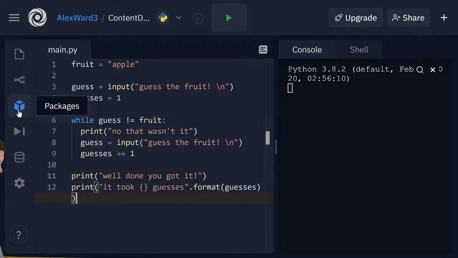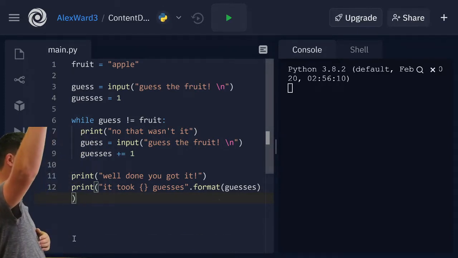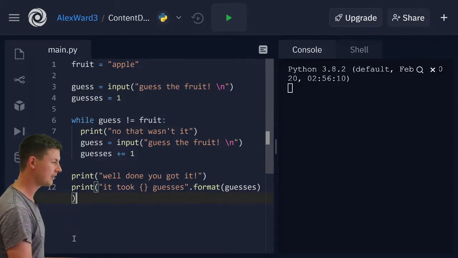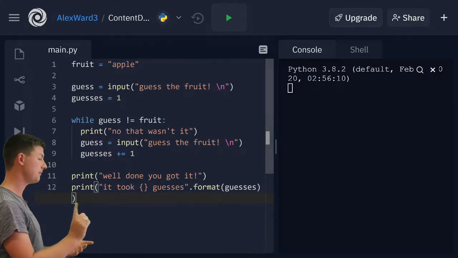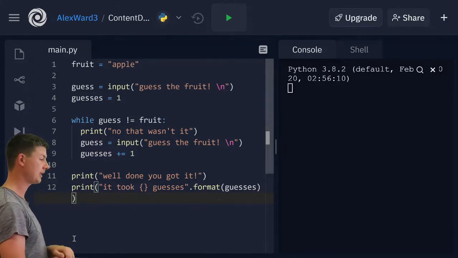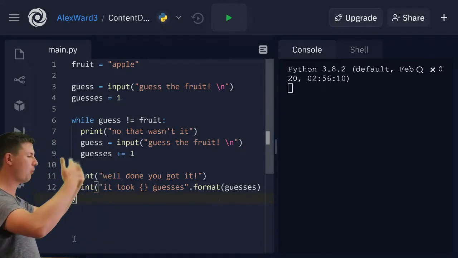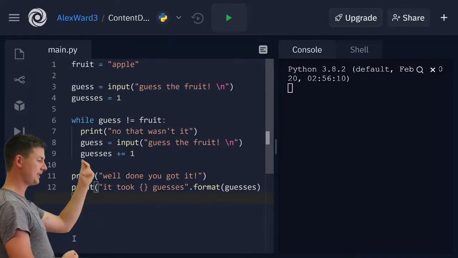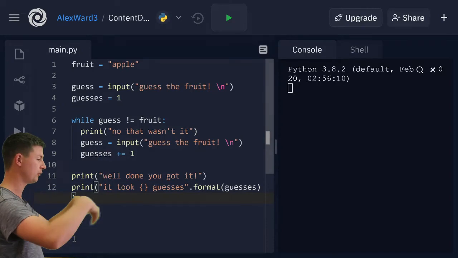There's the whole code. So right at the top there, we have set our password, our secret fruit, and then we're telling the user to guess the fruit. Capitalization matters, don't forget, and so do spaces and everything like that. Setting a count of guesses. We're going through that while loop, and we will keep going through that while loop until guess equals fruit. Okay? So while it doesn't equal fruit, we keep looping.